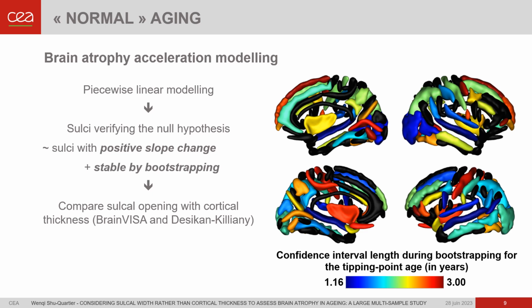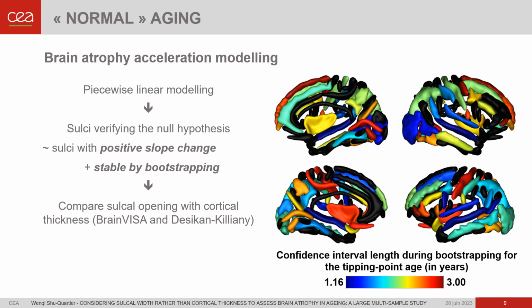In this brain mapping, which displays the standard deviation of the age of acceleration during bootstrapping for each sulcus, the ones shown in blue indicate a stable tipping point age, suggesting a well-defined and easily identifiable inflection point. With the concept of the tipping point age, we can compare the performance of sulcal width with the two other